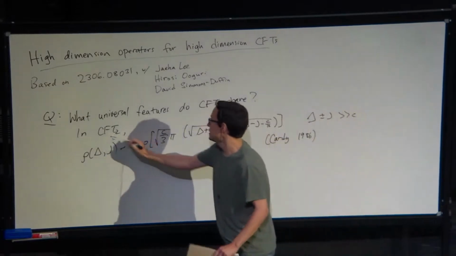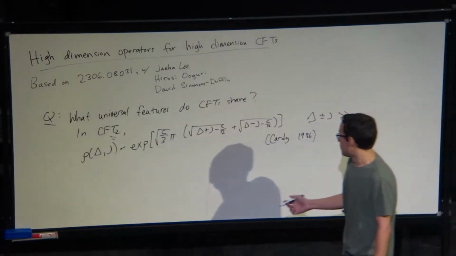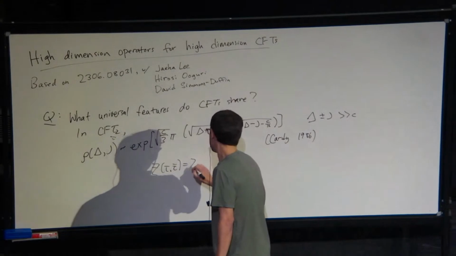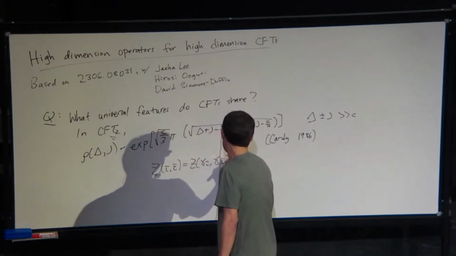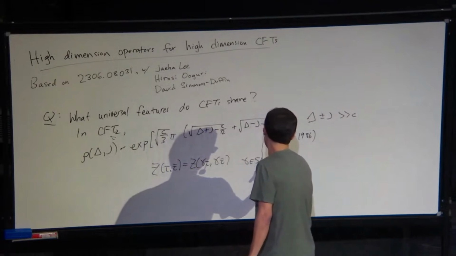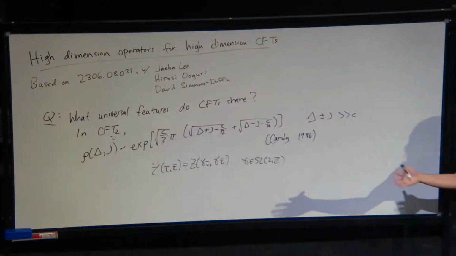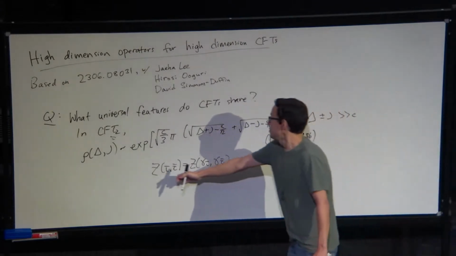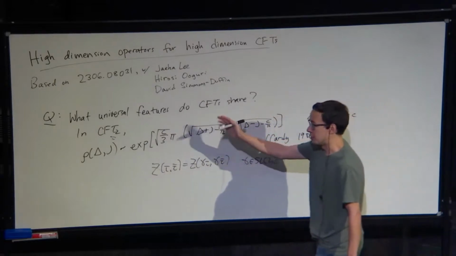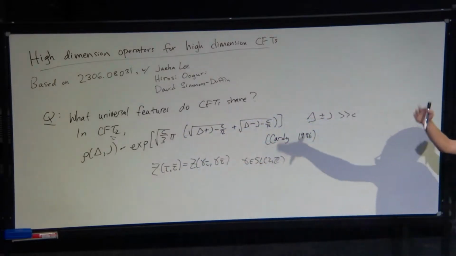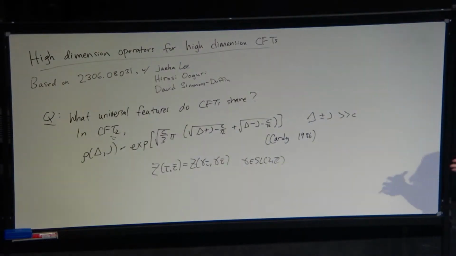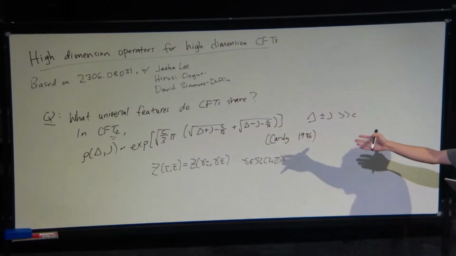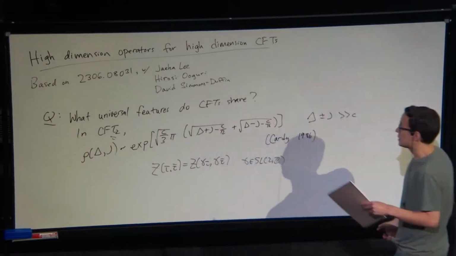So this is true in 2-dimensional CFTs. And this is most famously derived using modular invariance of the genus 1 partition function. So if you write the partition function as a trace sum over all the operators weighted by their dimensions and their spin, this torus is invariant under some large diffeomorphism. And from this, it's a textbook derivation that the high energy density of states has this universal form. Okay, you have to be careful how to define this. You have to smear appropriately, et cetera, and you can ask what the corrections of this are. But this general formula is universal, and it's true for all CFTs.